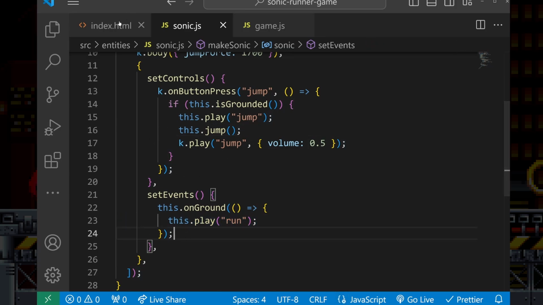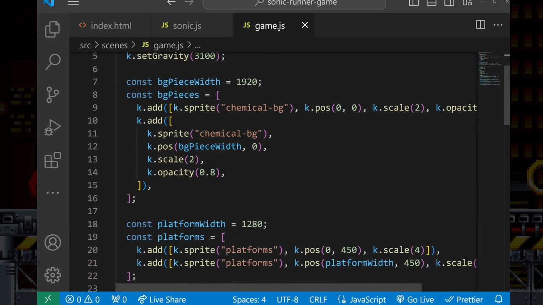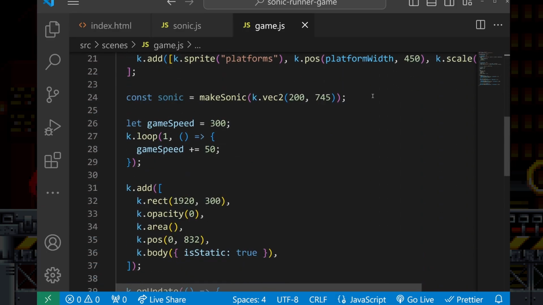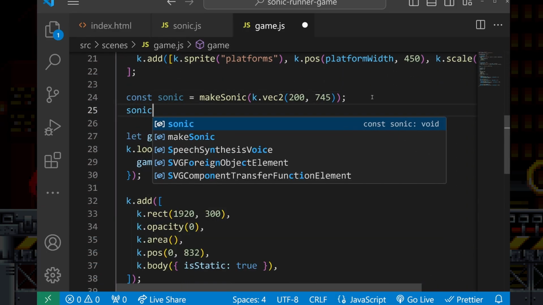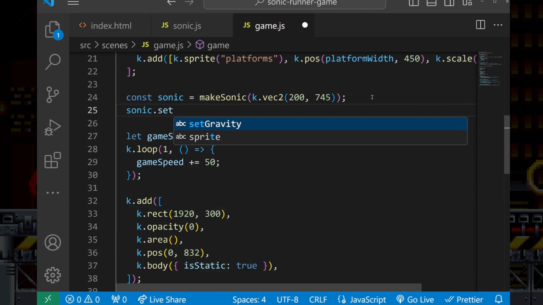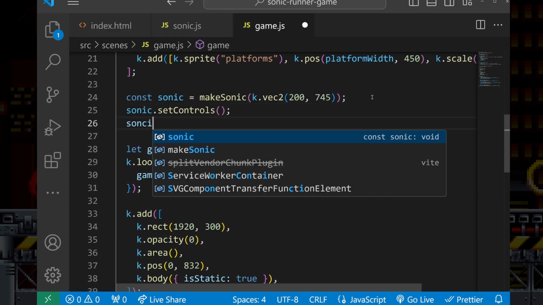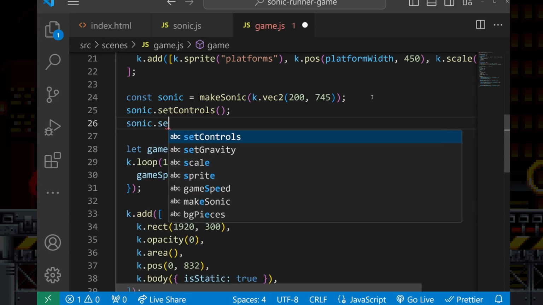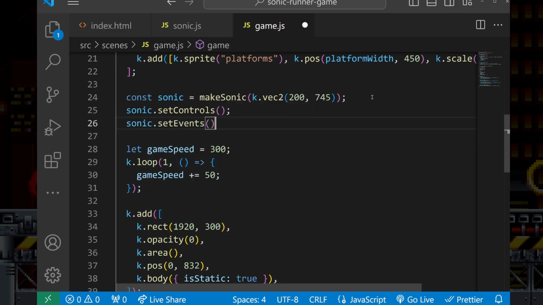So now that we have this, I can go back to my game, and right below Sonic, I can call these methods. I'm going to call setControls so that the player can start jumping, and I'm going to call Sonic.setEvents so that the event listeners can start listening, so the onGround event listener. So now if I go back to my game,